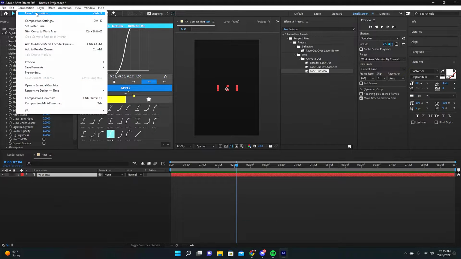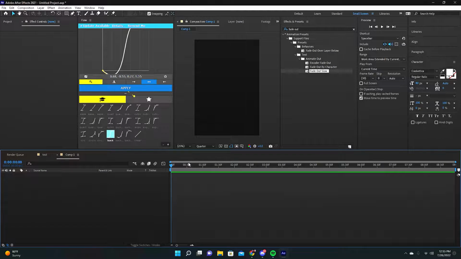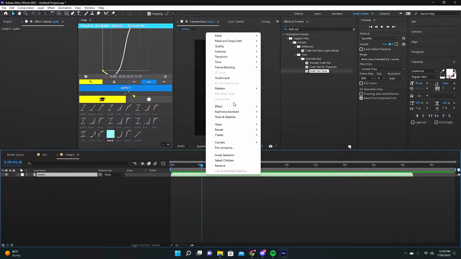Start off by making a comp. It doesn't matter what size. Import my text real quick. Alright, so the first thing I'm gonna do, there's a trick to